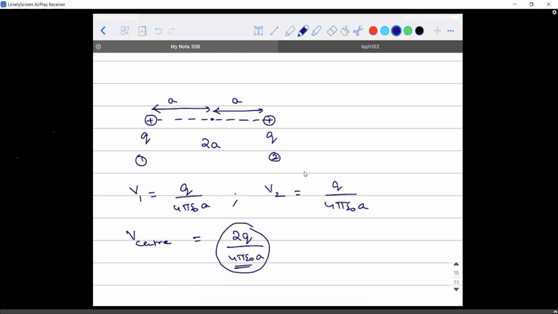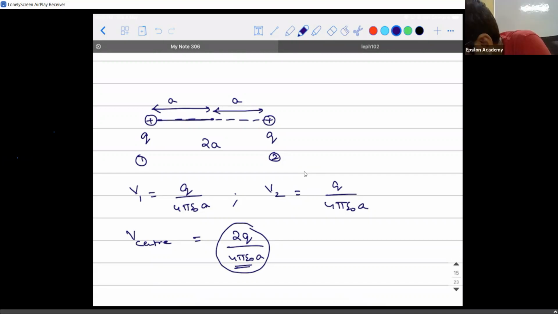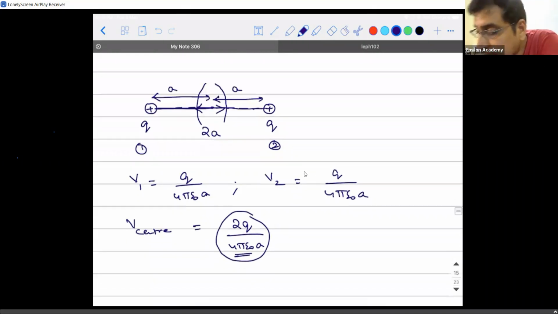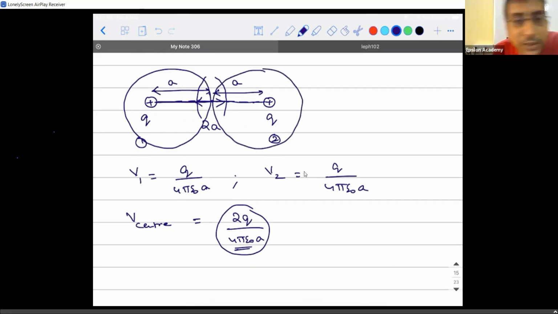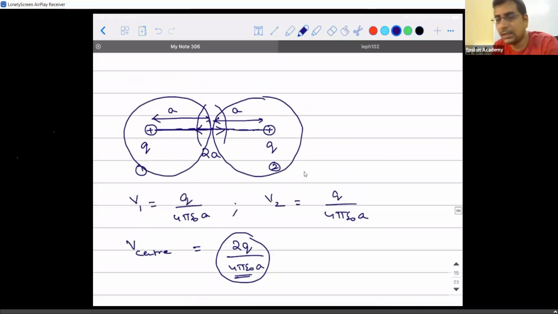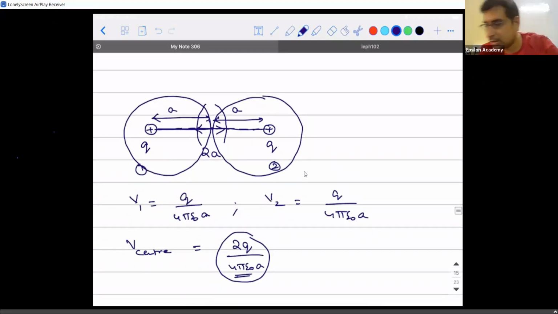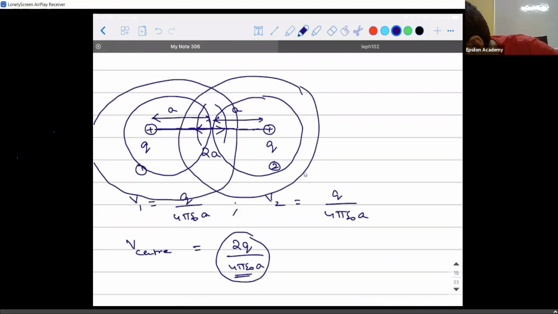That is why, if you see, the electric field due to this positive charge will be in this direction, and the electric field due to this other positive charge will be in this direction. So if you draw a surface perpendicular to it, this is how they are going to look. To make it simpler, there will be a particular instance where the equipotential surfaces will touch each other. If you cross those points, then these two will overlap on each other. One will overlap like this and the other will overlap like this, but this part will not exist.